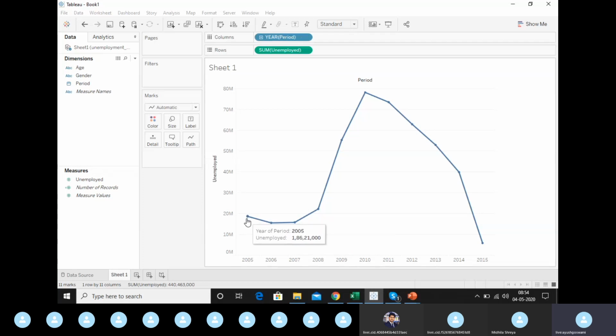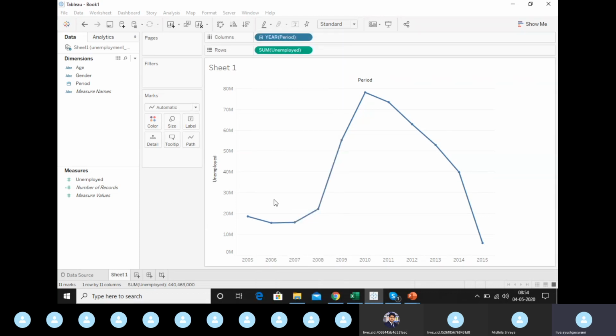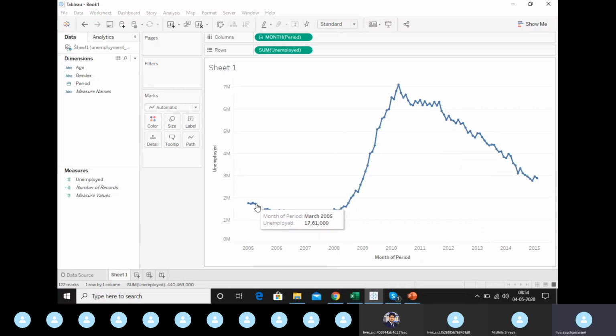So you can see that for this line, what has been plotted is only one point across every year. It is just plotting these points across the line, and we do not have the information present between these years, so it's not that granular. So if you want to see the information for the months in between these years, you have to drop this down and click on month, right? Now it has plotted information between months also.